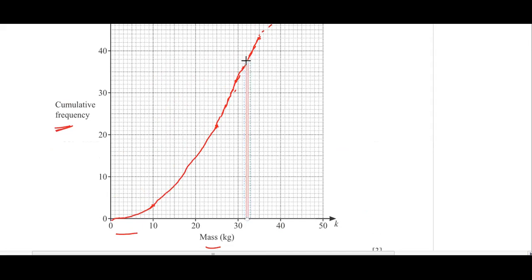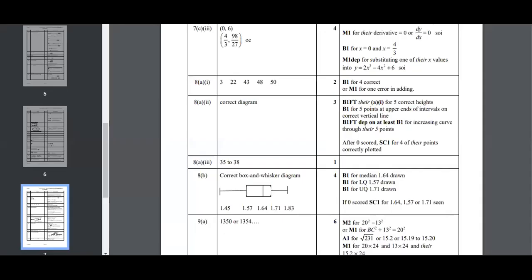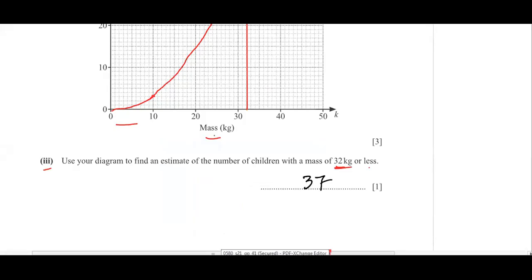Where it touches the curve, from there you should go to the other end where this number will be. Yes, this number. It means all these numbers are less than that. Right, so this number is 40, 39, 38, 37. This is actually 37. So we will say the total number of children having a value less than that is 37, according to our curve. So 37 will be the answer to that one.